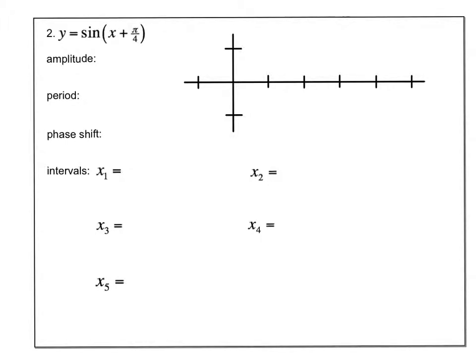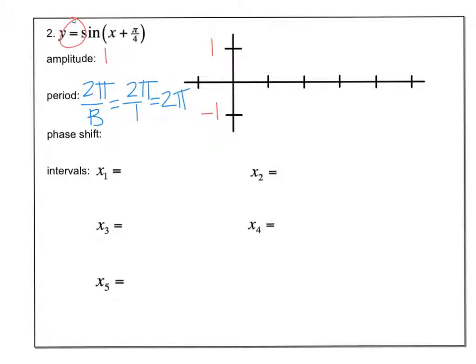The amplitude is A, which right now, right here, we don't have a number, so it's 1. So we can go ahead and mark in that we're going from 1 to -1 for our y's. The period, remember the formula for period is 2 pi over b, and b right now is 1, so it's 2 pi over 1, which is just 2 pi. And then the new part for today, the phase shift,